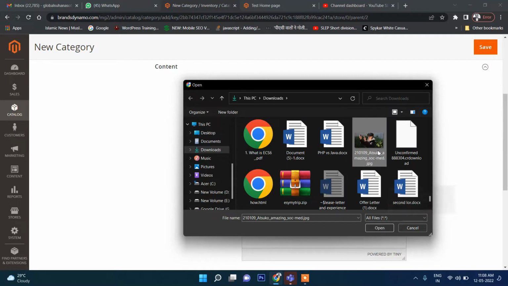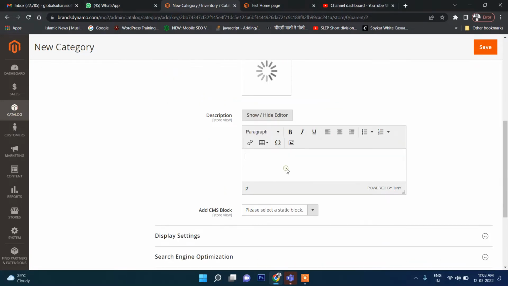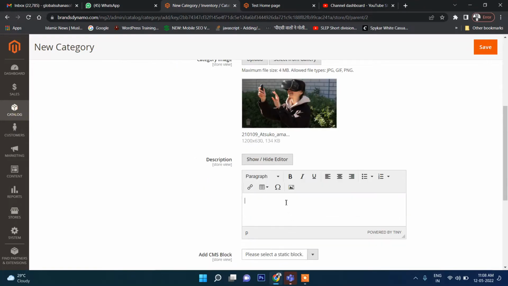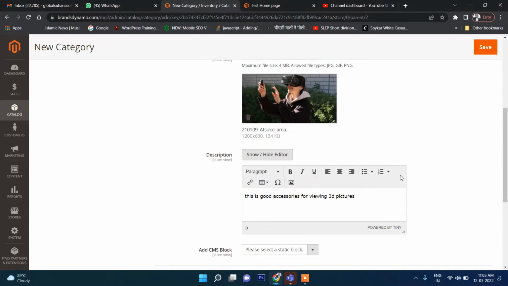Inside this I'm just going to take this, and then here I will write something. This is good for viewing 3D pictures, like this. And then